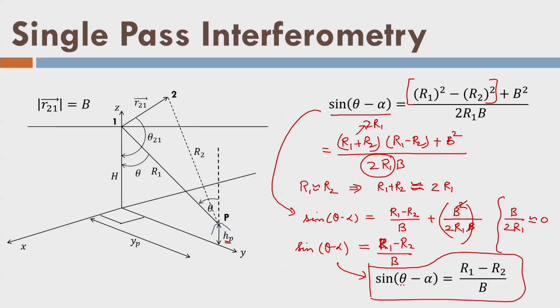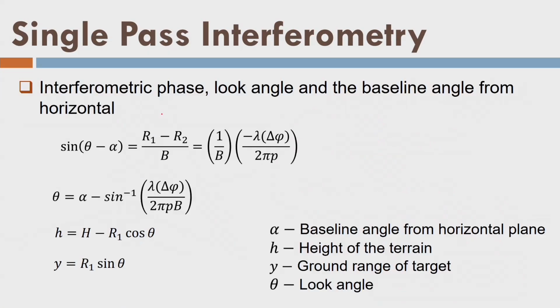So what is theta here? Theta is the look angle. What is alpha? Alpha is this angle, which I already know by design criteria. That means when we design the sensor, we know this alpha angle. Now I can find out the exact value of the look angle, theta. And so theta is written like this.